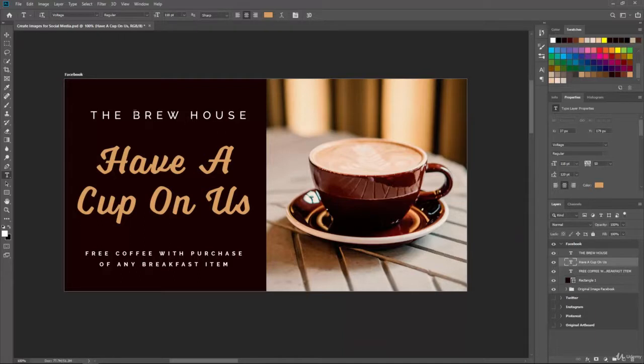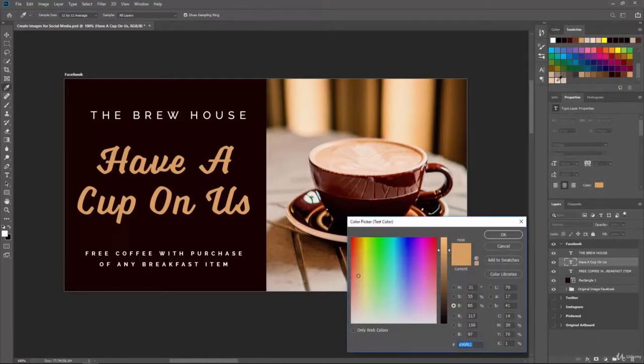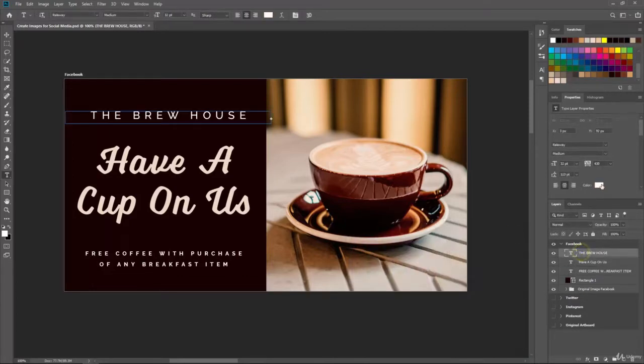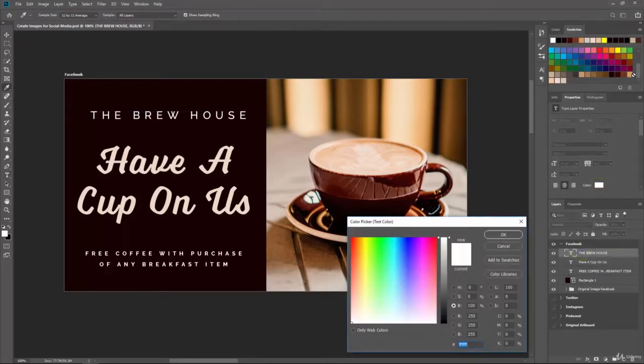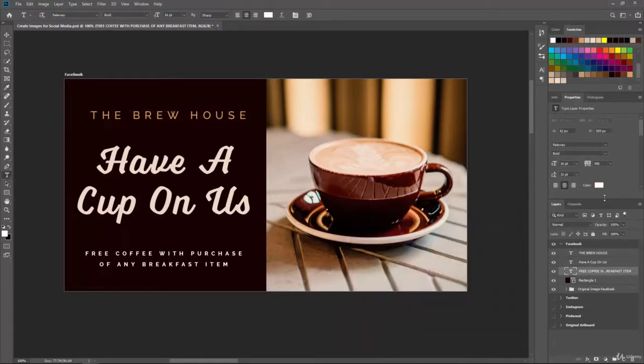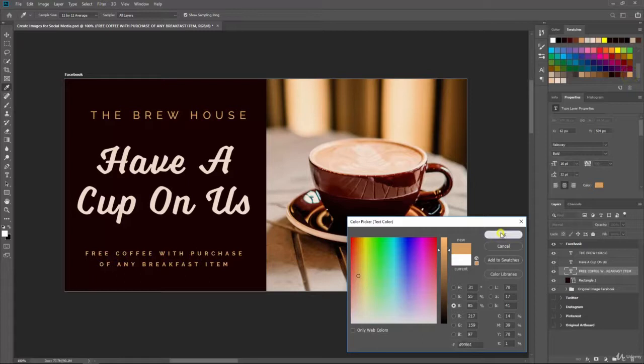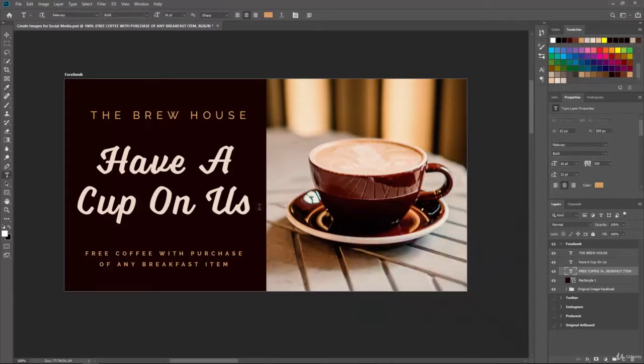So we could have white text for the top and the bottom, and then have this text, or maybe we could flip-flop those and see how that looks. Let's try, I'm going to pick this light cream color so it's not perfectly white. And then I'm going to go to the brew house, change its color, and now let's pick that very saturated look. And then free coffee, and pick that saturated look. So that looks cool also. That really draws you into the "Have a Cup on Us," and then they'll see the brew house and the